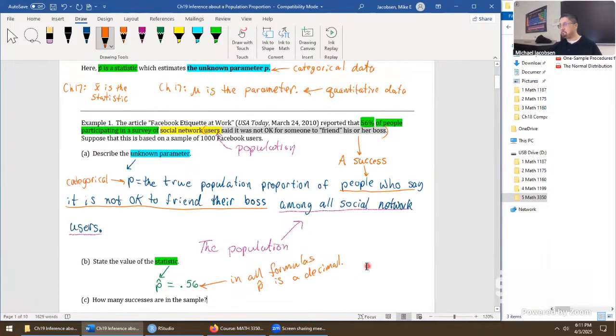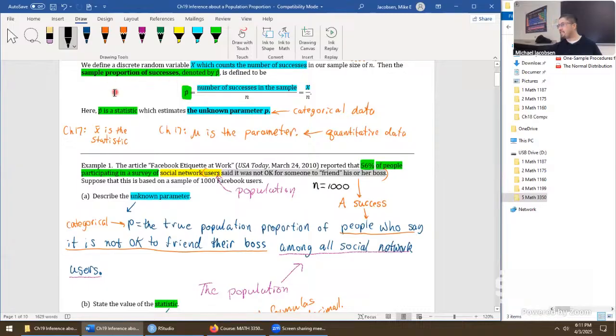And last question is, how many successes are there in the actual sample? Well, the sample is right here, 1,000 Facebook users. So let's just write that in. n is 1,000. We can find the number of successes because p hat is the sample proportion of successes. You just multiply p hat by 1,000 and you're done. 560 successes altogether. But let's do it in a slightly different way,